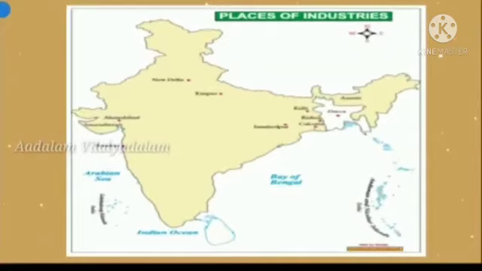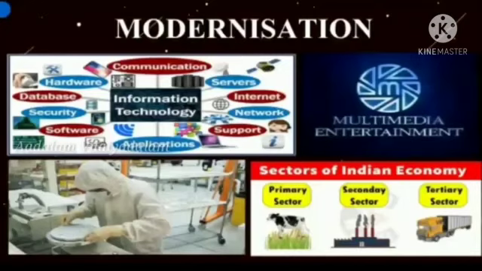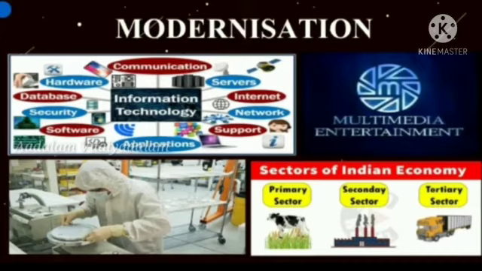Here is a map which shows the places of industries in India. Next, we'll move on to modernization. India now has a large variety of industries producing goods of varied nature, which shows a high degree of modernization. Some modern industries have really grown and they are competing effectively with the outside world. This has reduced our dependence greatly on foreign experts and technologists. On the contrary, India is exporting trained personnel to relatively less developed countries.